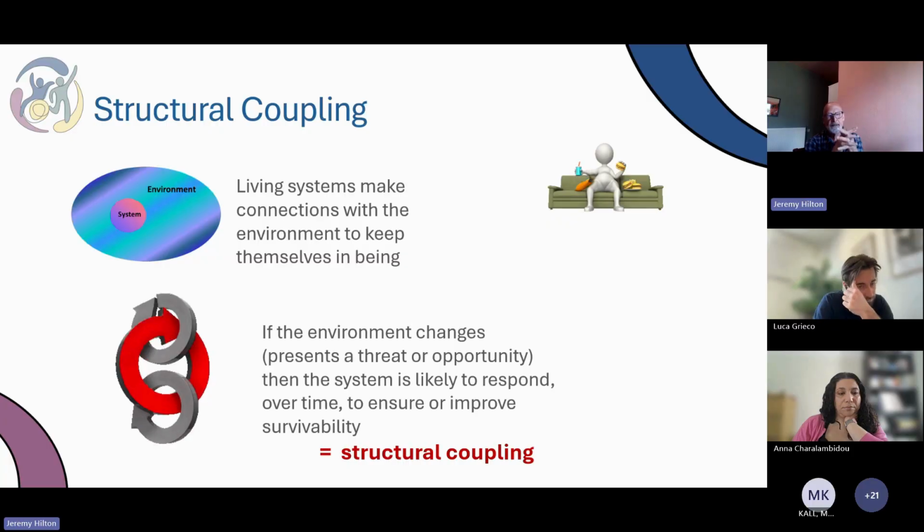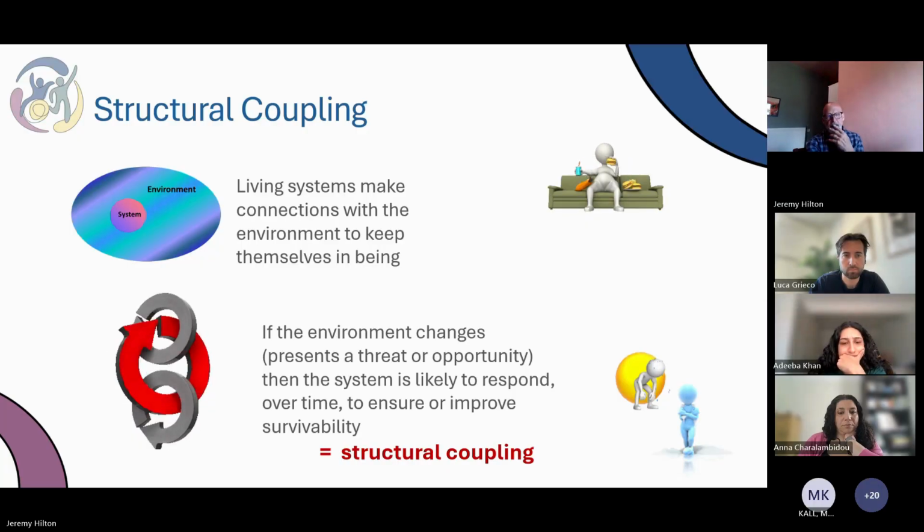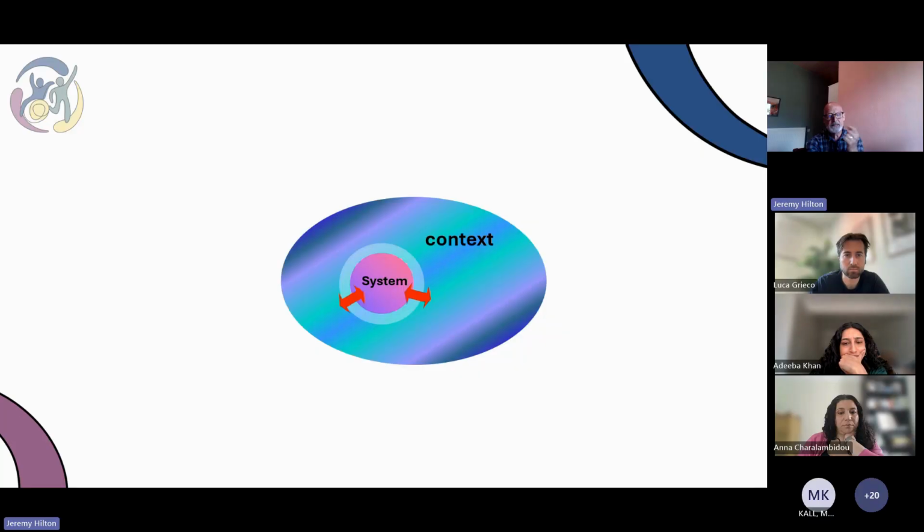This is a structure agency thing. But then actually we might be able to influence a change in our environment. We can make choices to change our environment. And so it's a structural coupling. For anything that's living, it's structurally coupled to its environment. Biologically, this works, but also socially it works too. And I want to try and exemplify this in a simple diagram.